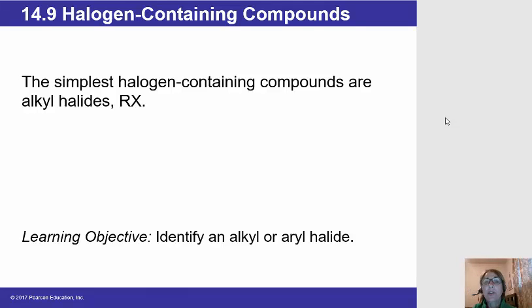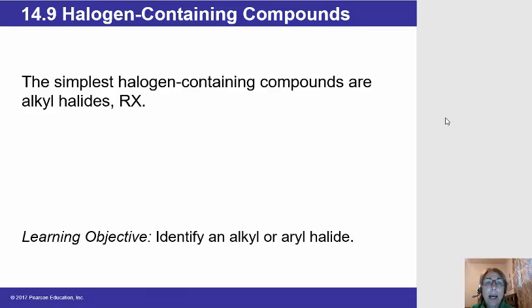So we've seen halogen-containing alkanes already. For example, when we looked at the reactivity of alkanes, halogens were one of the few elements or chemicals that would actually react with alkanes to form halogenated alkanes. And also, when we looked at the reactivity of alkenes, when chlorine or bromine reacted with an alkene through addition,